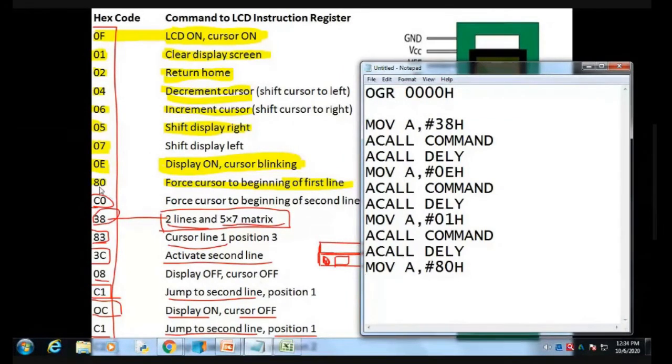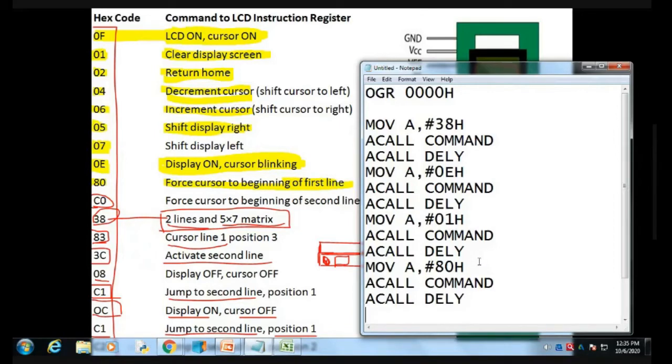So 80h forces the cursor to the beginning of the first line. Wherever my cursor is, that cursor comes to the first position of the first line. Then again we call the command, then call the delay.